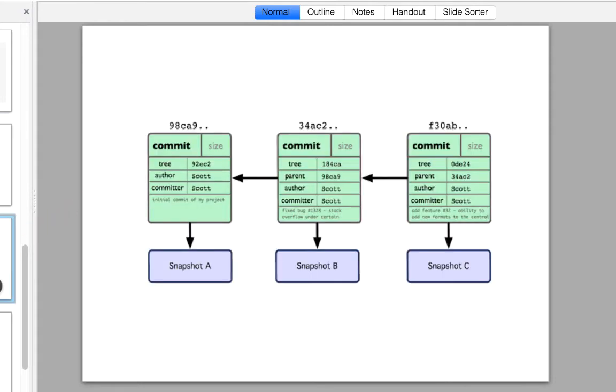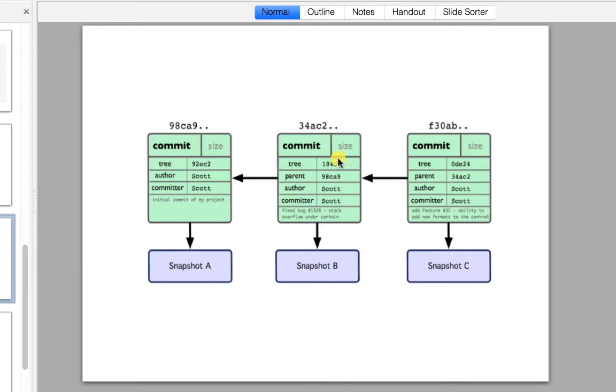And when we talk about a repository, there will be various commits. One single commit is one snapshot of your repository. So in the diagram, this is the commit, snapshot A of your repository, which has various information like who was the author, the committer, and which tree it's pointing to.